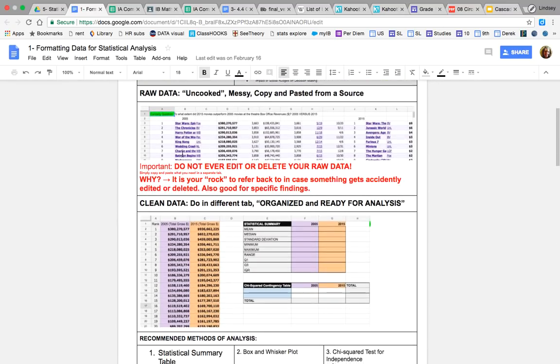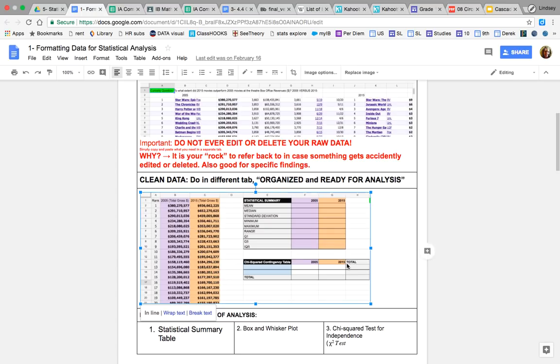So my goal is to make my spreadsheet look like this. So I have my two categories, my purple and my blue, and then I have my statistical summary table with all the measurements, and then I have a chi-squared that's set up, ready to go. I would pause the video here and try to do that completely independently, and then I'm going to